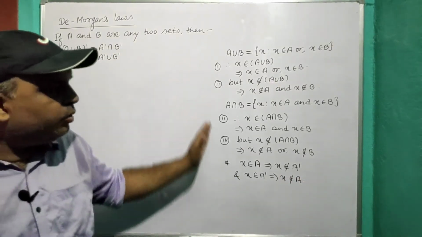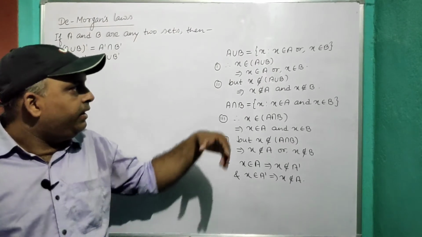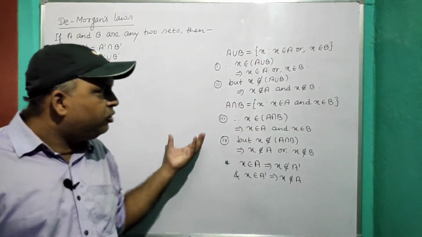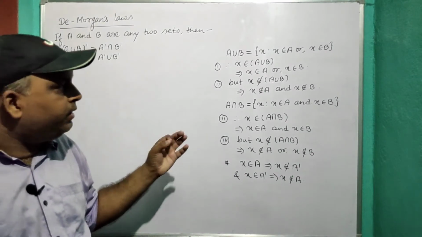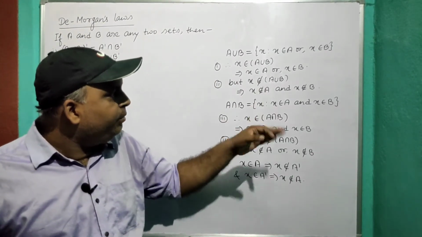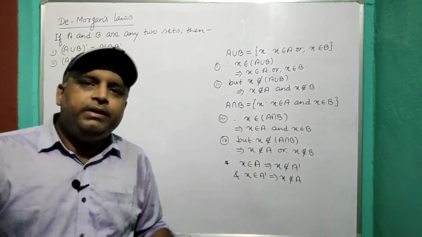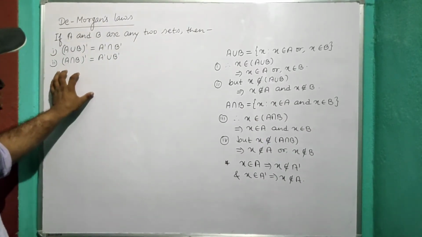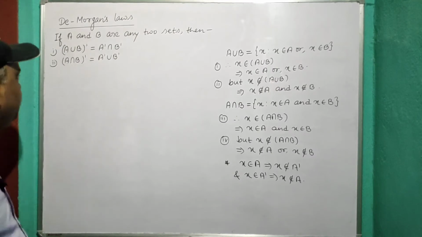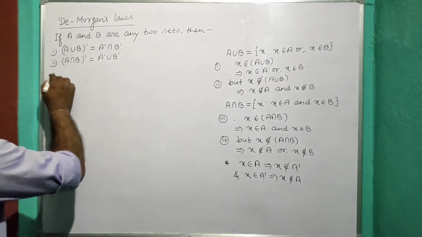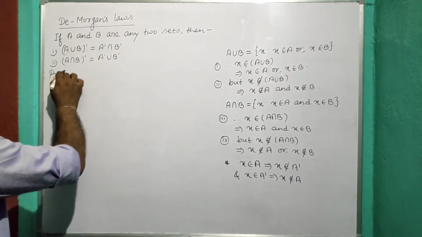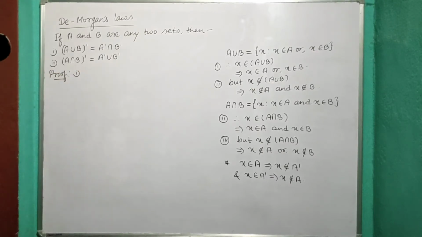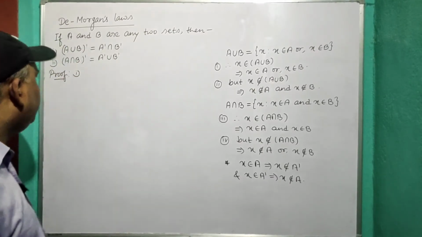तो अगर ये सब क्लियर हो गया आपको कि कहाँ पर OR यूज होगा, कहाँ पर AND यूज होगा, तो आप बहुत easily solve कर सकते हो. The most important thing is to take care of OR and AND, because OR means union and AND means intersection. Okay, so now I am going to prove this. And for proving this I am taking the first part here.